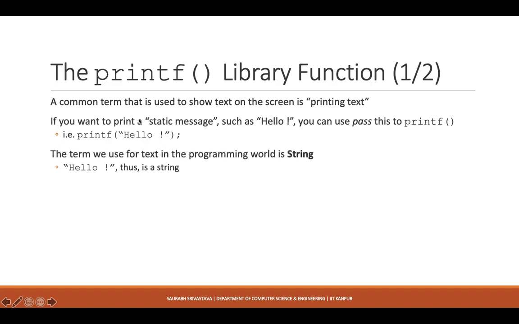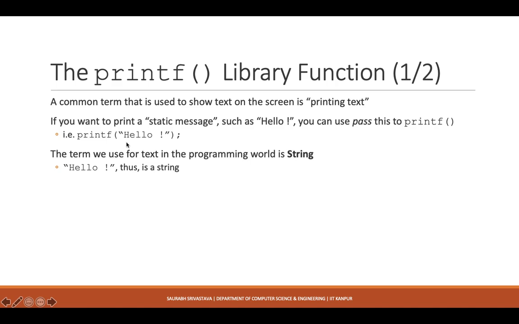Right now, you have to understand that there is something here, right? I mean, what are these? These are the quote characters. Okay, quote characters, as in there are single quotes and double quotes. So this is basically the double quotes. And the term that we use, not just in C but in general in programming, for these kind of messages, these kind of English language words is basically a string. Okay, so a string is nothing but a sequence of certain characters, right?